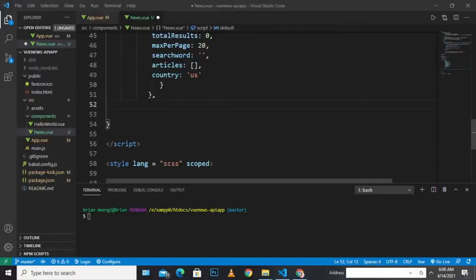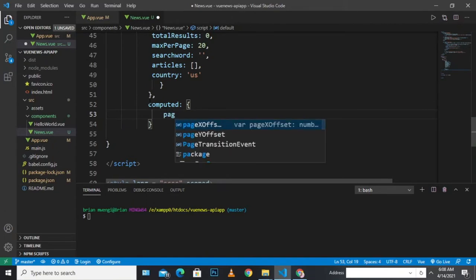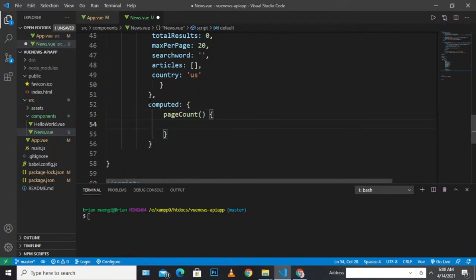The next thing we are going to do is to have the computed. So we are going to compute the total results of the pages. So we are going to have the total compute, that is, we are going to have the page count, whereby we are going to check the total results. In other words, we are going to return